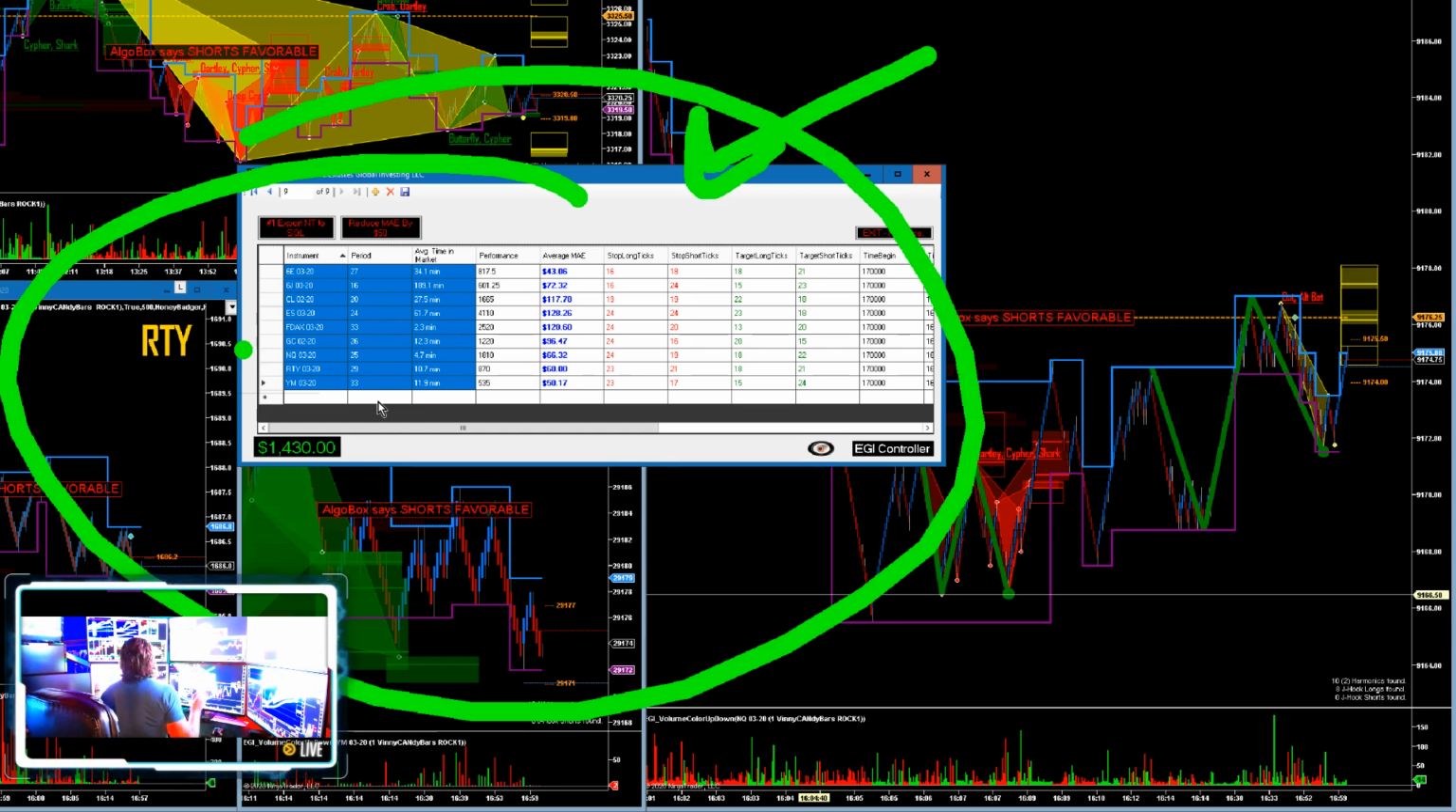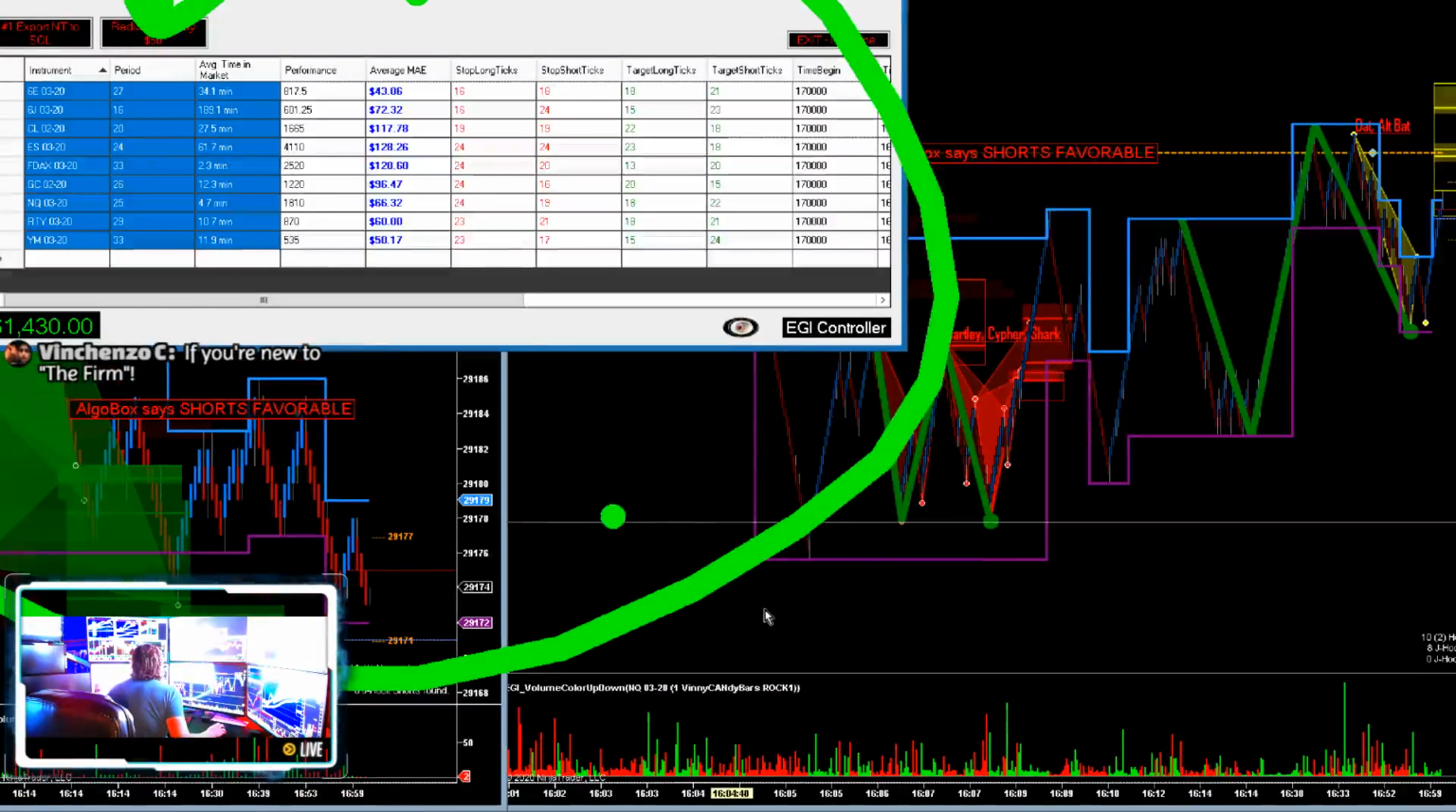It is still a probability at the end of the day. There is no guarantee on this, but right here, what's the column that's the most important? Right here, if you're new to the firm, exactly. So right here, we're zooming in, the period,